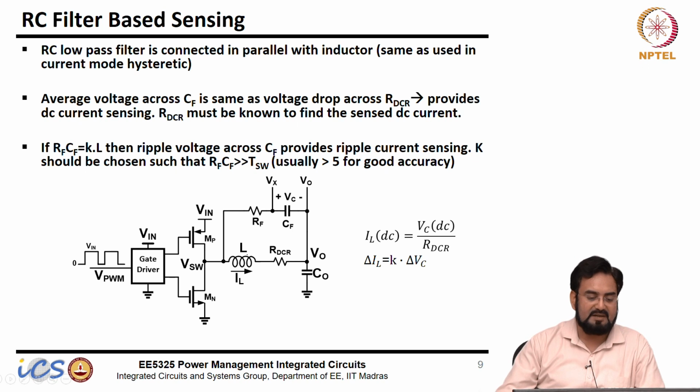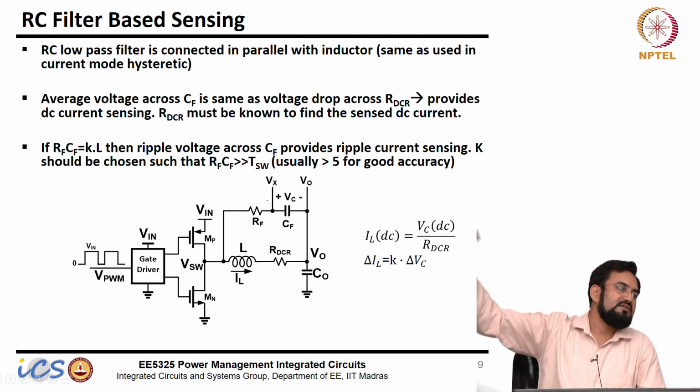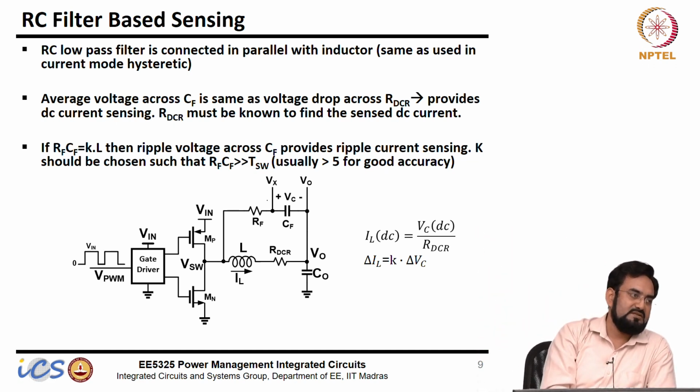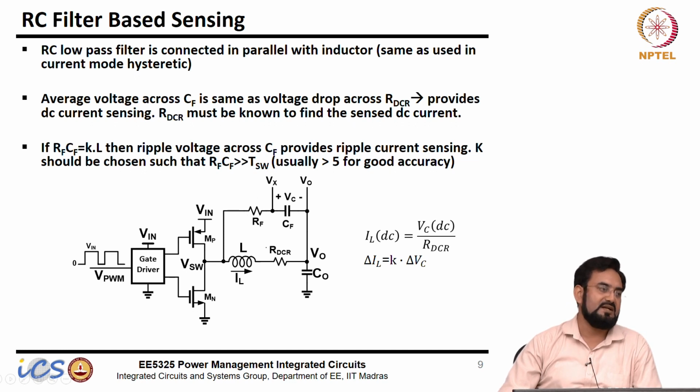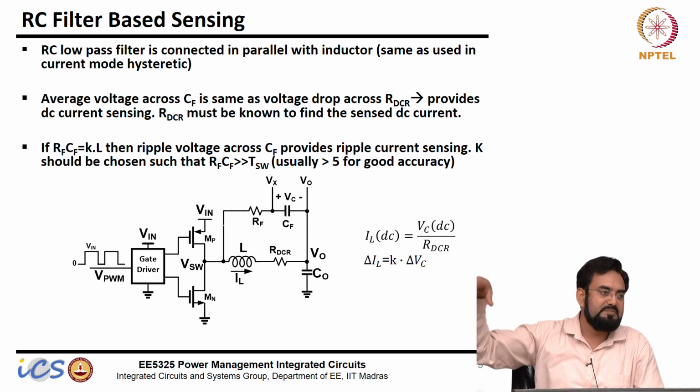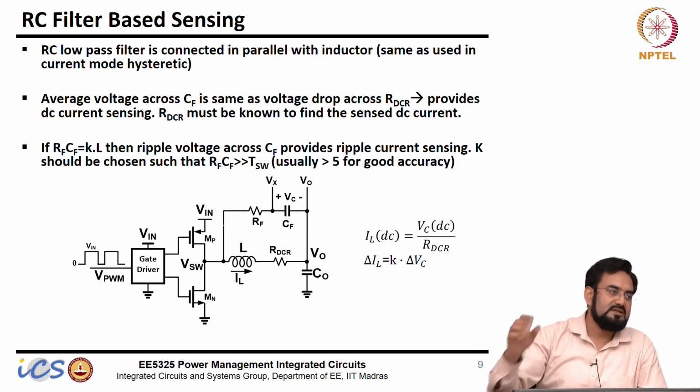So, if this is let us say 100 milliamp peak to peak, you can have a gain factor here, make it 500 millivolt peak to peak. So, the one difference is this current gets converted to voltage here in this RC filter. Okay. So, you will have the same information, one is the DC voltage and the ripple will be voltage, not the current, but that same inductor ripple current will get mapped into voltage here. And if you have an RC time constant matched with the inductor, then the peak to peak voltage will be the same as the peak to peak ripple current.